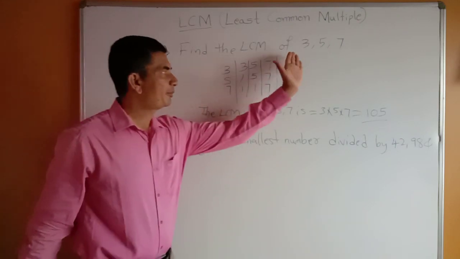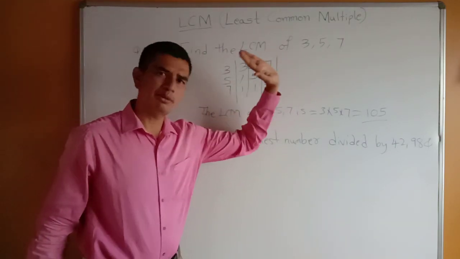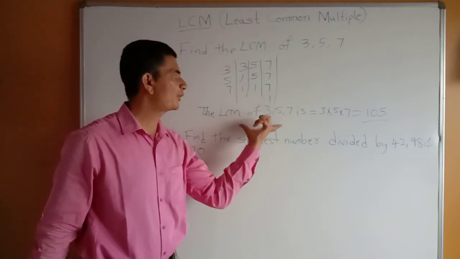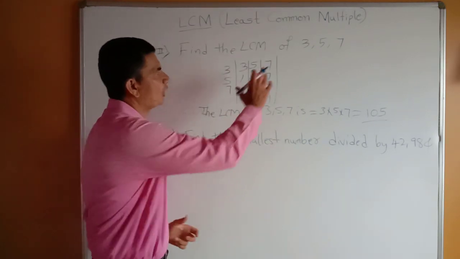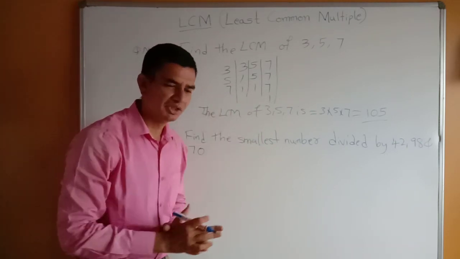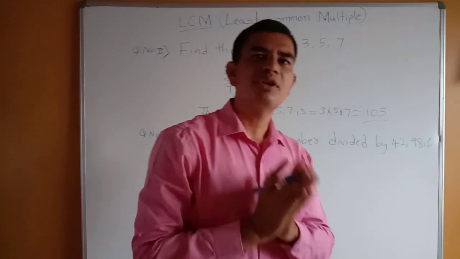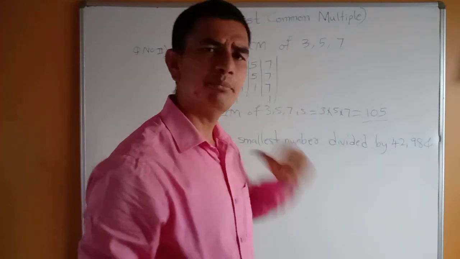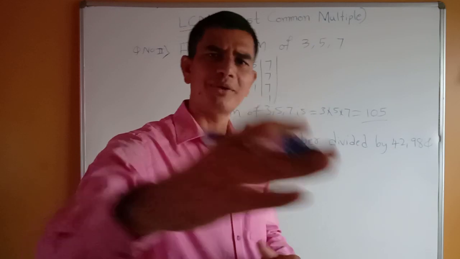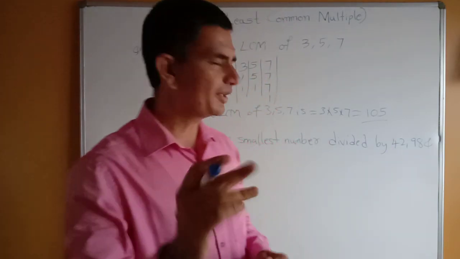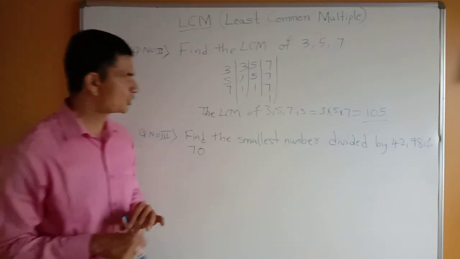Now, one more thing you have to remember here: if all the numbers are prime numbers, there is no need to do this, because I did this here only to explain to you. If all the given numbers are prime numbers and they ask you to find the LCM, then you can directly multiply all those numbers. They have given 3 numbers here, 3 into 5 into 7. Like this, if you multiply, you will get the LCM correctly. Okay, students? I think you have understood.